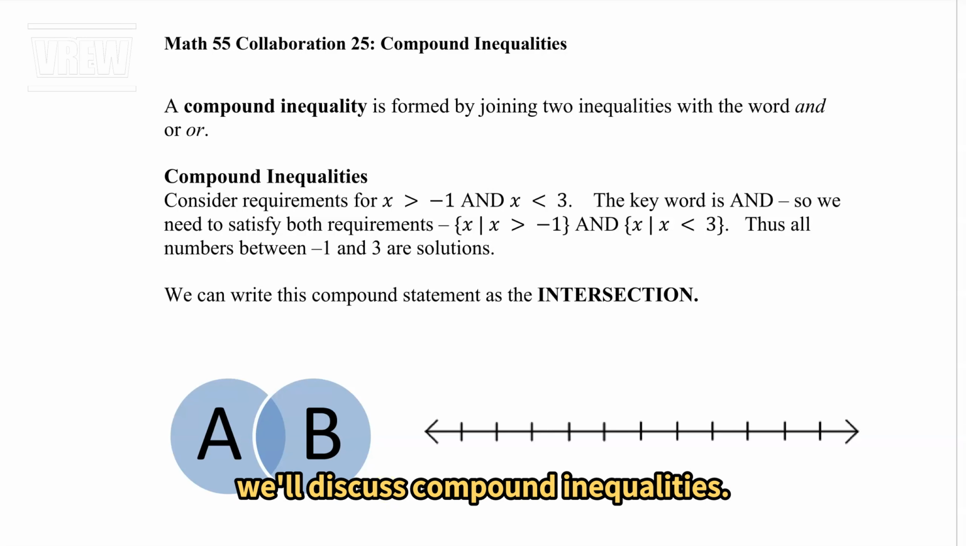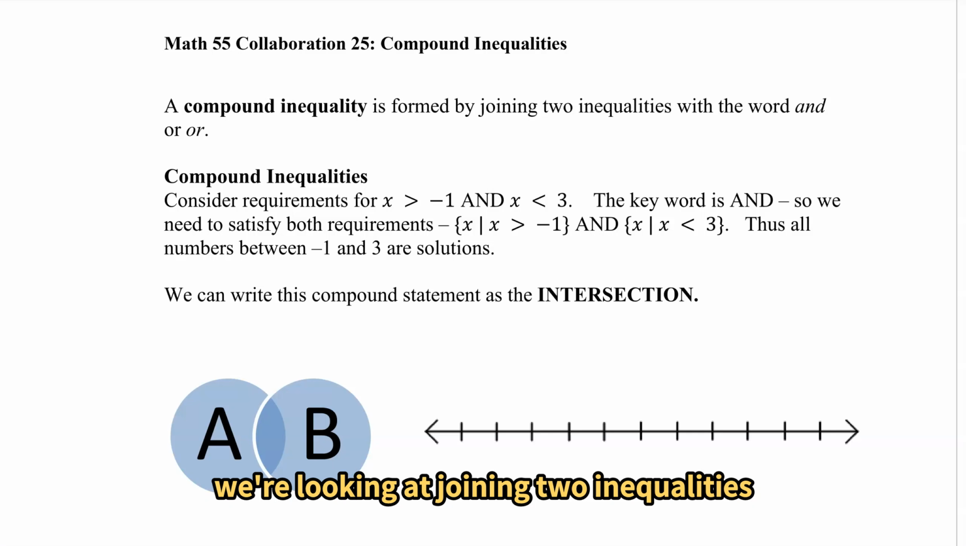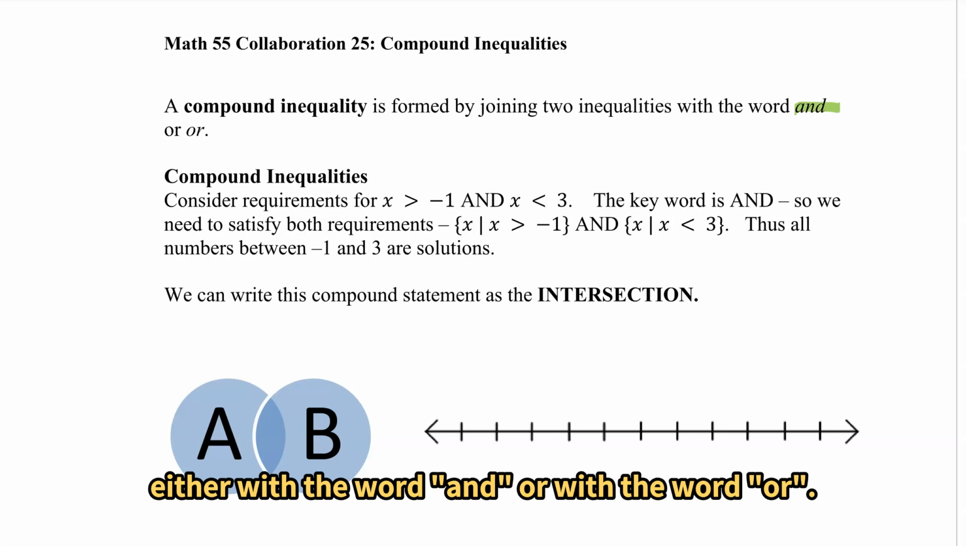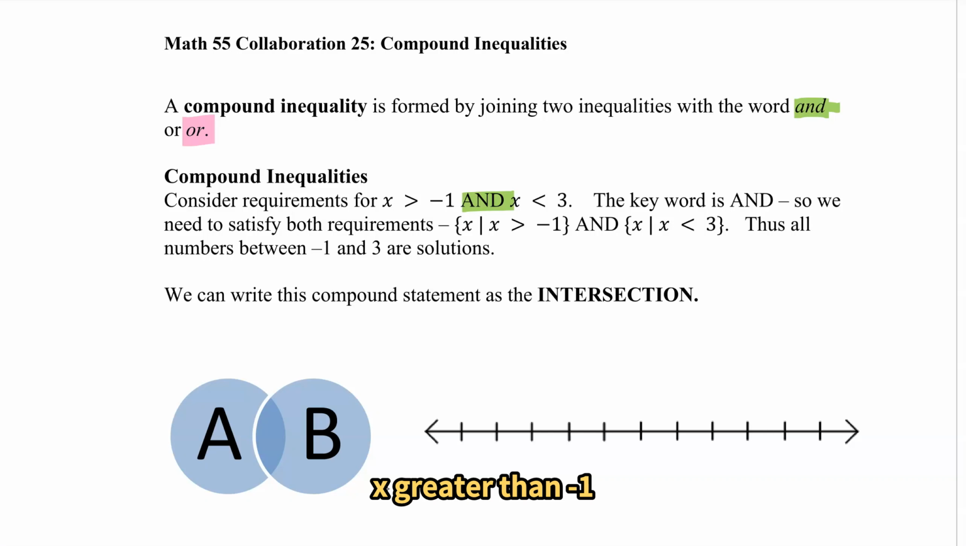In this lesson, we'll discuss compound inequalities. For compound inequalities, we're looking at joining two inequalities, either with the word and or with the word or. First up is and. If we take a look at the inequality x greater than -1 and x less than